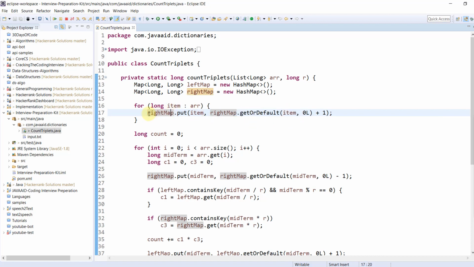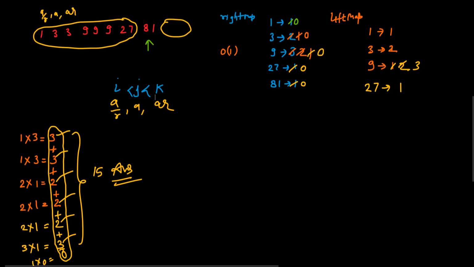Okay, so basically we are maintaining the frequency count, guys, nothing else. If you are not able to get it, it's okay, you can implement it in your own way, but here we are just calculating the frequency count. Just to get the similarity, let me show you what you will get after processing this right map. So this is what you are going to get, guys.